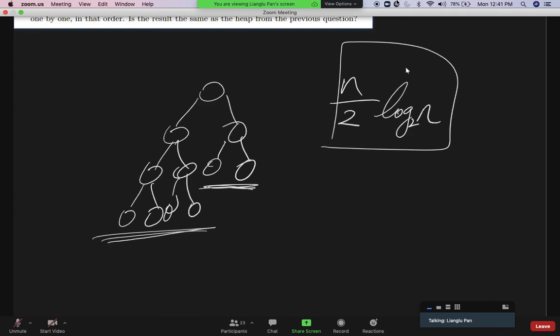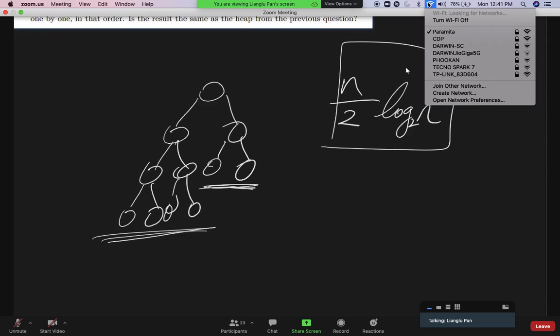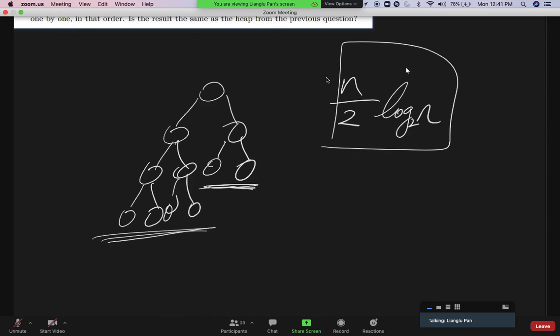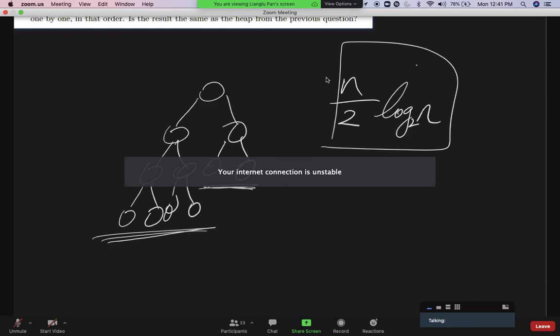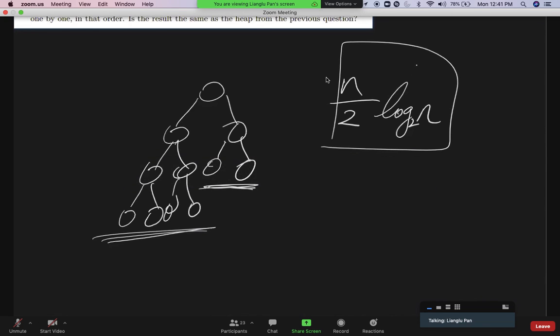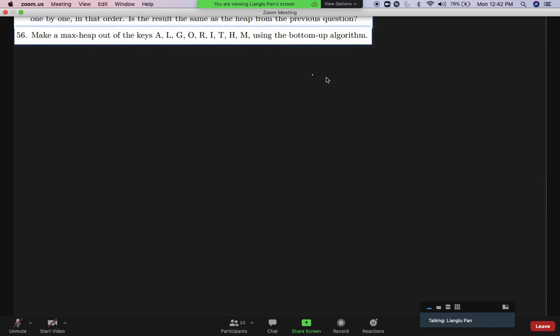We have the second approach for building the heap, which is the bottom-up approach. The idea here is that we are not going to insert each of our elements one by one into a heap, making the comparisons and then doing the swaps. Instead, we first construct a binary tree, which is the heap. So we're going to have A, L, G, O,